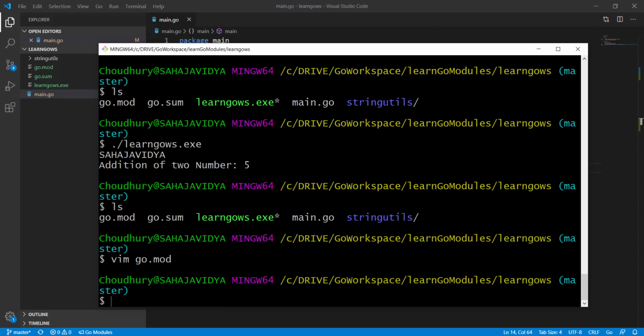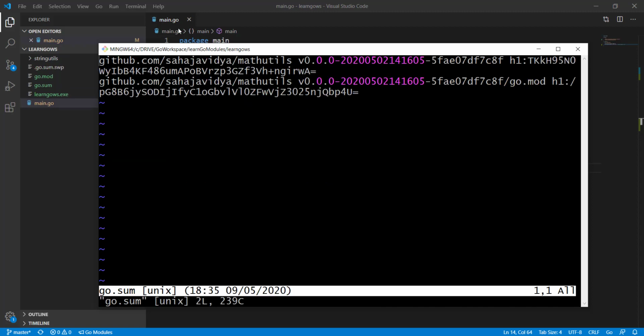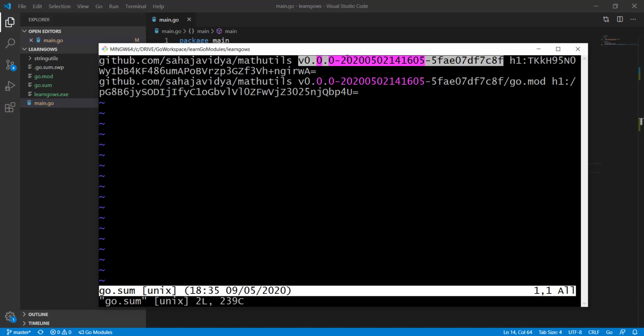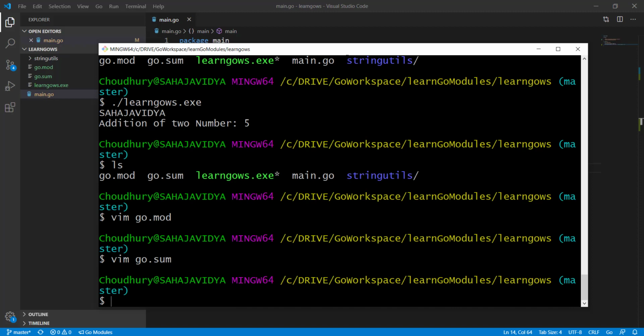And also it creates a go.sum file. If I open this one, go.sum, you can see it has added the package with version number and some checksum or a cryptographic hash. So it ensures that when you do a go build again, it should retrieve the same bits. So it ensures that your dependency of the project will not change. That's why this go.mod and go.sum both need to be added to the version control system in order to get the bits of a specific package or module version. So go.sum guarantees that you will get the same version of dependency.